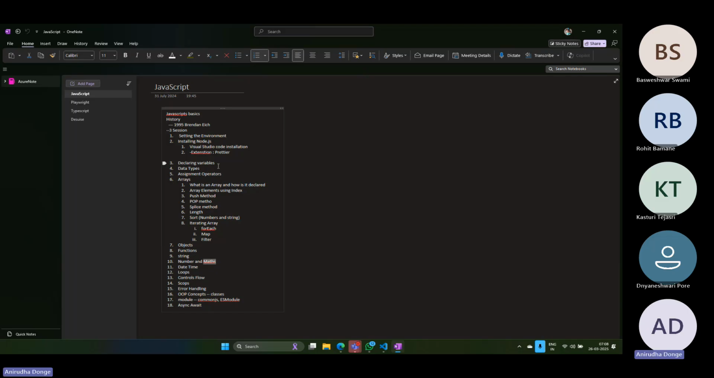I will talk about a brief history of JavaScript, and also we'll talk about how variables are declared, what are different types of data types, assignment operators. Okay. We'll talk about arrays, objects, right? How functions are declared,